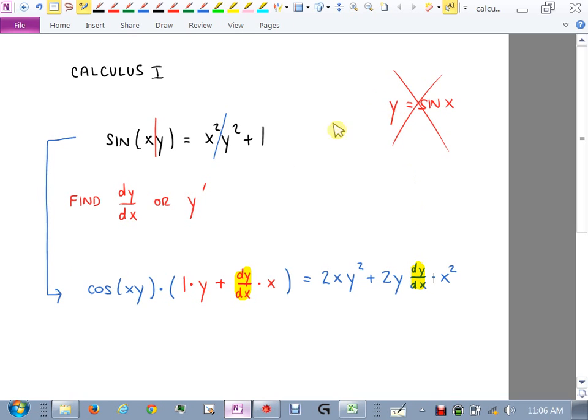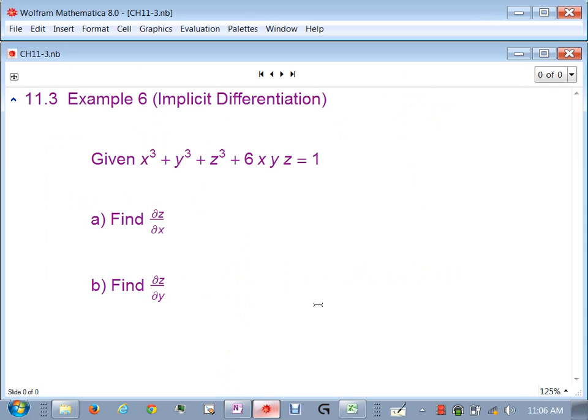So now in Cal 3, we want to be able to do the same thing, but where we have an equation that has 3 variables instead of 2, right? We've got x, y, and z here. Well, when it was just x and y, we would say, okay, let's act like y is a function of x, so x is our independent variable. Or in Cal 1 we could have let y be independent and let x depend on y, so we could have found dx/dy instead of dy/dx. But here, because we have 3 variables, we can't